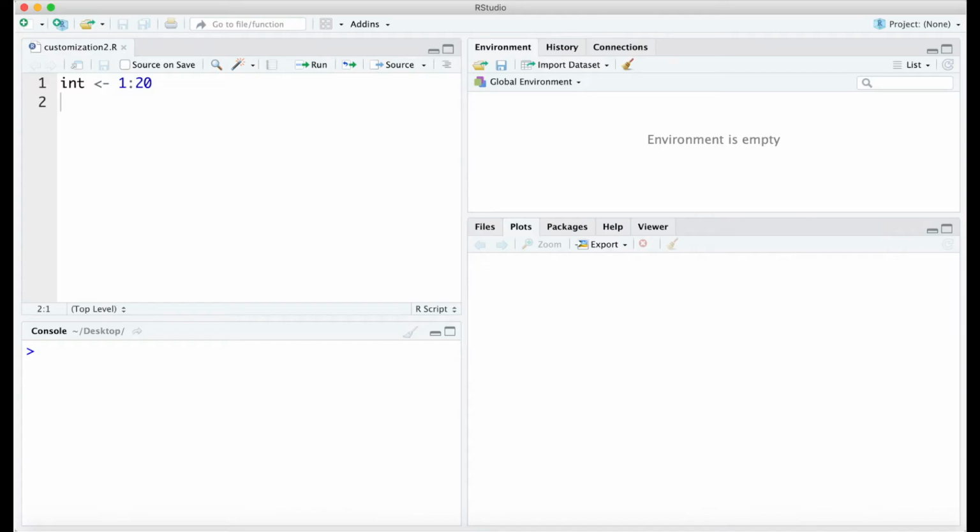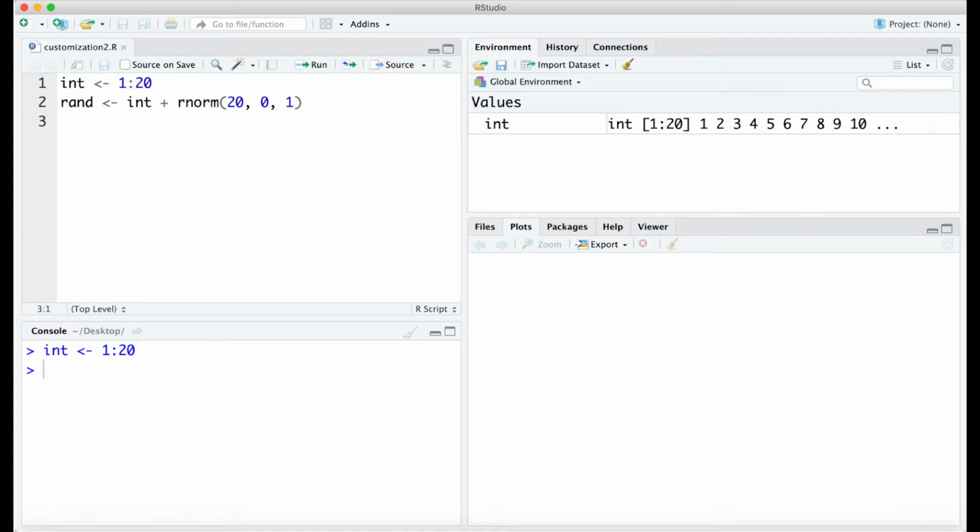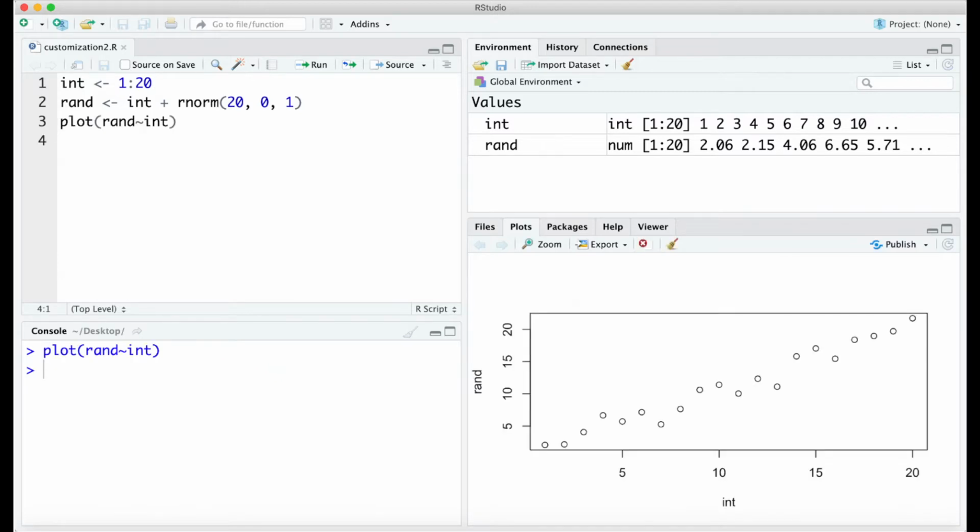Like we have in previous videos, let's generate a data set for an example scatter plot. Two numeric variables with the names int and rand. Again, if you're going through the videos in order, you've probably already done this and don't need to do it again. But if you don't have those two objects yet, int is the set of integers from 1 to 20, and rand is created by using the rnorm function to add a small randomly generated value to each of those. Once you have those two vectors, we can use the plot function to get a basic scatter plot showing the correlation between them, like I've done here.